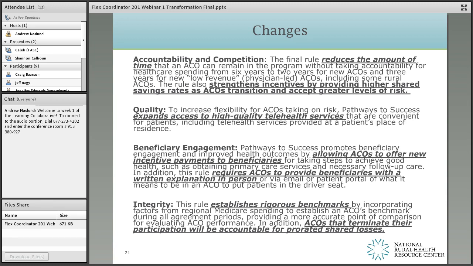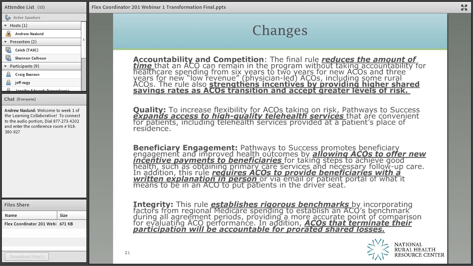So what they're saying is you can make more money, you have better chances on return if you take bigger risk. The result of that is the money has to be removed from someplace else, and there's a disadvantage for people not moving into the ACO. They are extending ways in which participants have the ability to do outreach to patients. Telehealth is specifically focused on Pathways to Success, certainly not exclusively, but it's going to help people move faster in that regard. They're also figuring out new ways that ACOs can pay beneficiaries some incentive payments to participate.